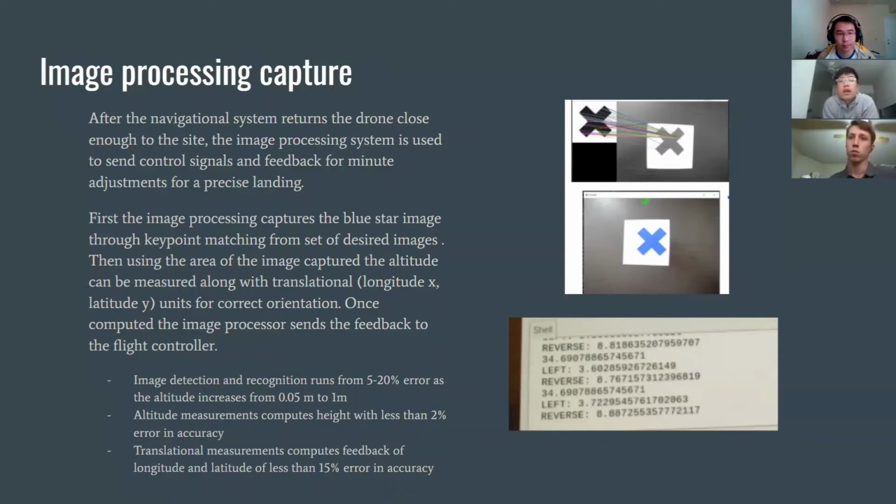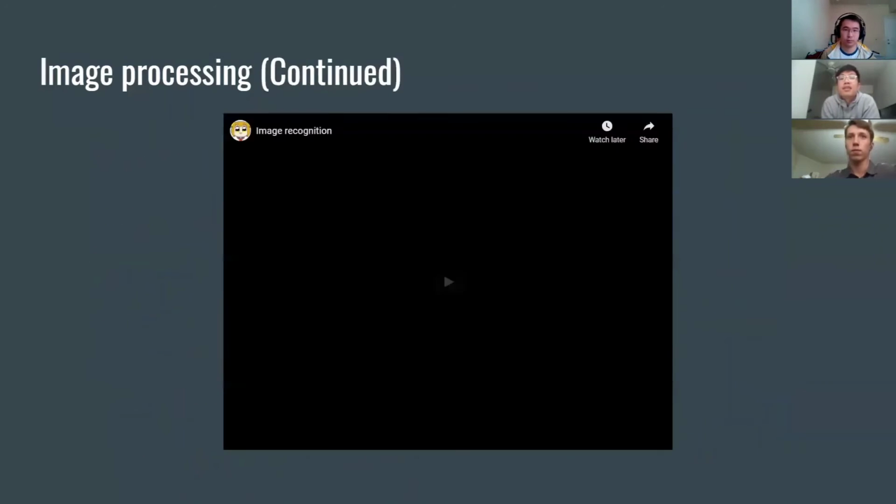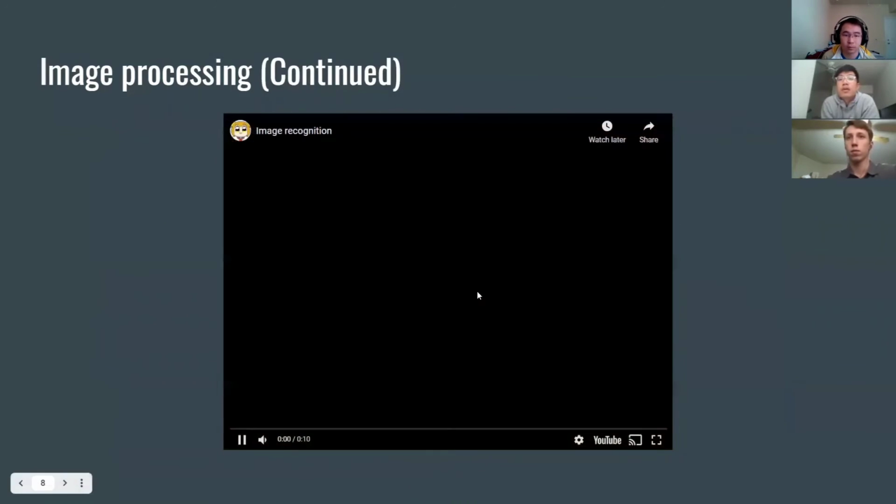As of now, the error in the image detection runs from 5 to 20% with increasing heights. The altitude measures with less than 2% inaccuracy, and the translation units of the X and Y coordinates measure with less than 15% error. On the bottom right image, it shows the feedback outputted from the camera to the flight controller. Next image. This video will show a better explanation of